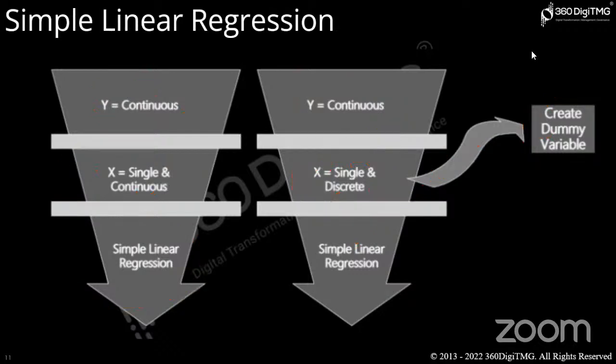So this is when you have a simple linear regression. What happens with multiple linear regression, MLR? Similar to that, the output will be continuous, and the inputs will be multiple and continuous. If inputs are multiple and some are not continuous, what do you have to do? The same, you convert into dummy variable creation, and then you use that data for the regression. So I hope you have an idea about this.